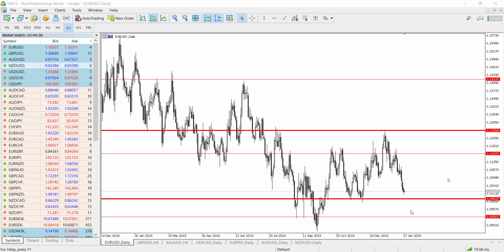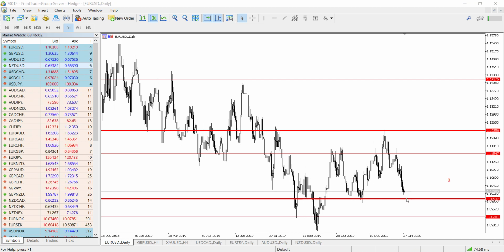As usual, we're going to start with the euro against the American dollar on the daily time frame. As we can see here, the pair is about to reach a strong support level 1.0993. This is where we can look for some bullish evidence, because if this happens, the pair would go upwards to reach the level of 1.11, and this is going to be conditioned by the continuation of trading above the level of